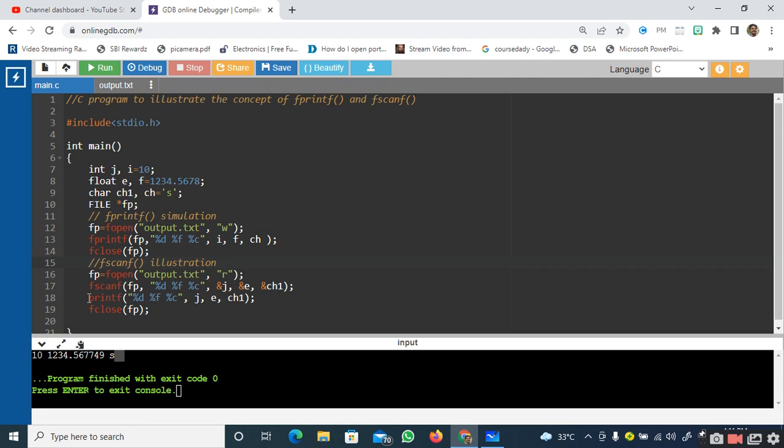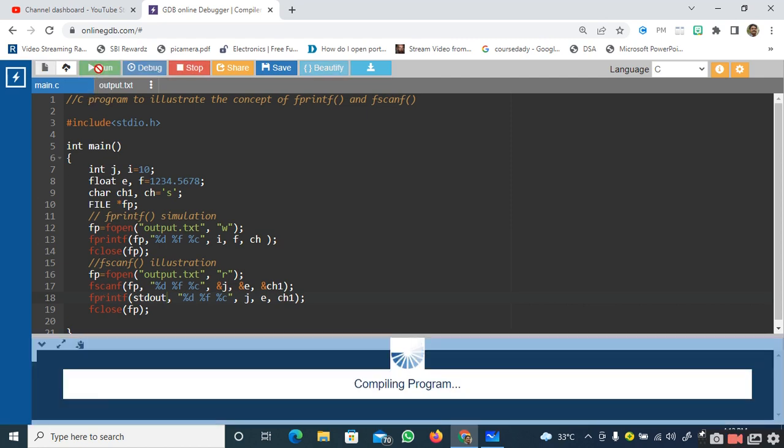And remember that fprintf and printf are almost similar. You can convert the printf into fprintf. That means you can make fprintf print the values onto the standard output. Since fprintf accepts the first parameter as the file pointer, when you want to print the output onto the screen, which is nothing but the standard output, you have to use that particular stream, stdout, which stands for standard output. So whatever you print by using fprintf will get printed onto the standard output.